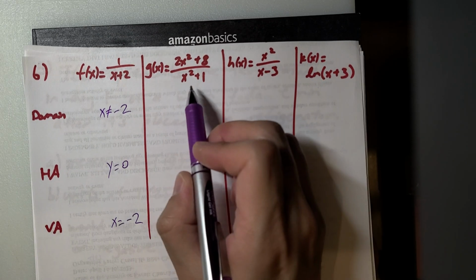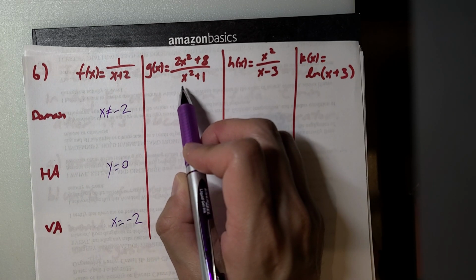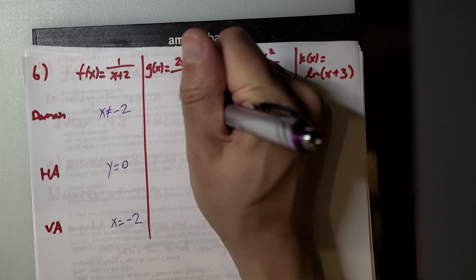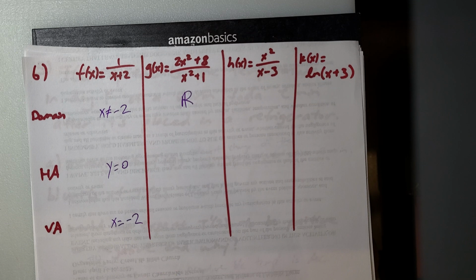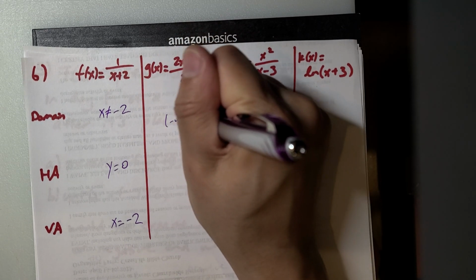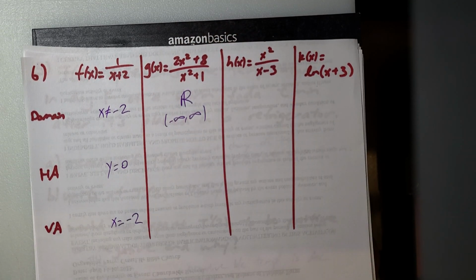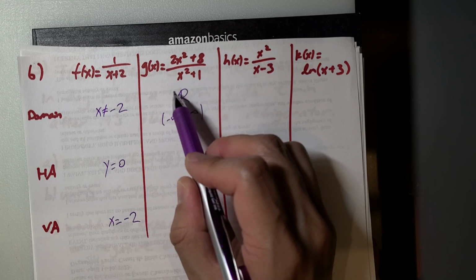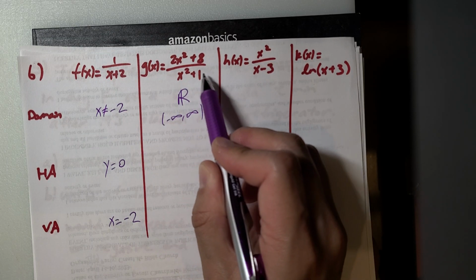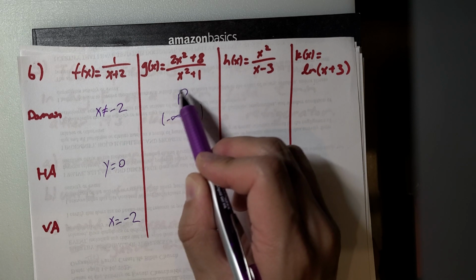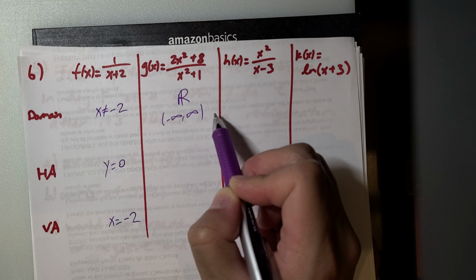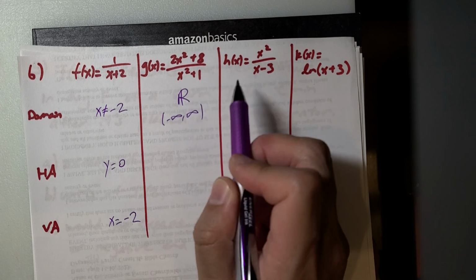Okay. Next one, domain, the bottom cannot equal 0. Well, the bottom can never equal 0, so it's all real numbers. Or if you want interval notation, -infinity to infinity. If you don't know why, x squared plus 1 cannot equal 0,